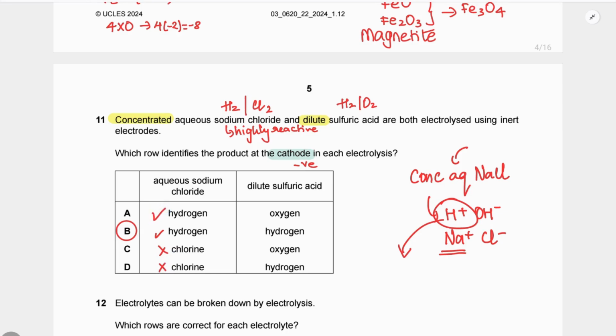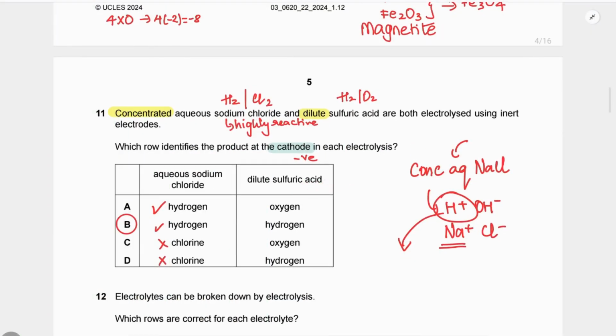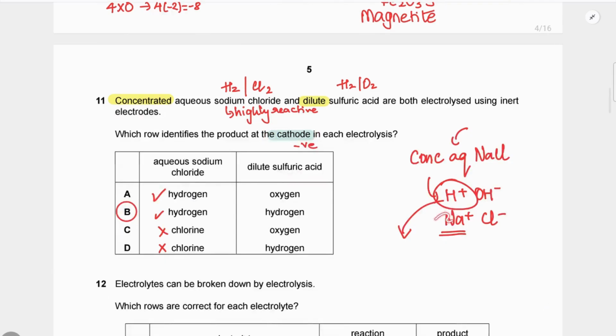Now seeing the option for A and B for dilute sulfuric acid. For dilute sulfuric acid, as you all know, it's going to be dilute. Now over here they have given us dilute. That means there will be liberation of H plus and OH ions, and sulfate ions will not get discharged. And over here, because they're asking about the cathode, of course, hydrogen will get released because it's a dilute sulfuric